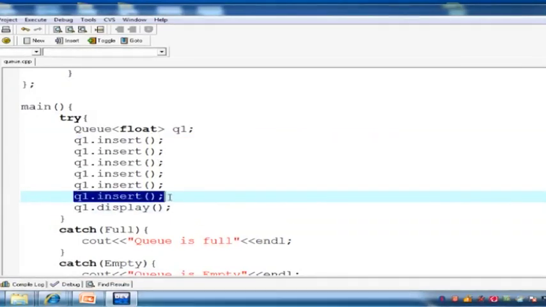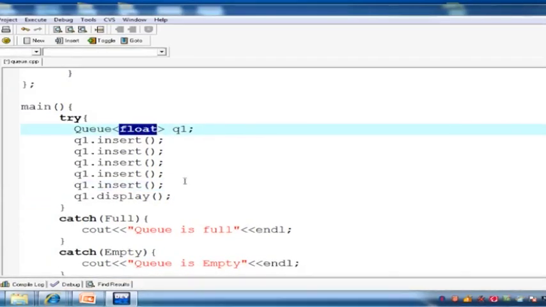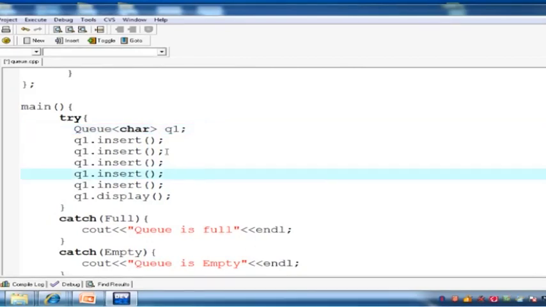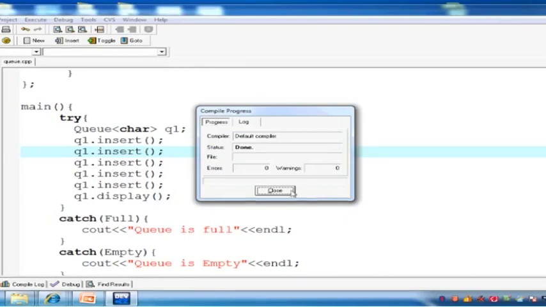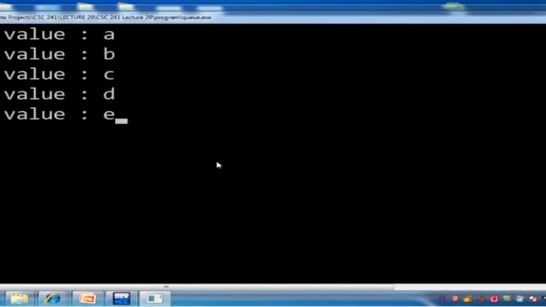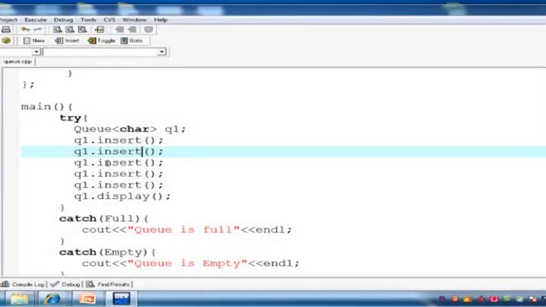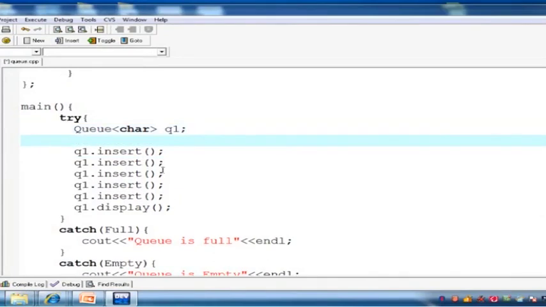Okay, what if we don't insert, we just insert 5 values? The type of the queue is now character. Now compile it and execute it. A, B, C, D, E, and Q is A, B, C, D, E. No exception is thrown, right? What if we want to display,